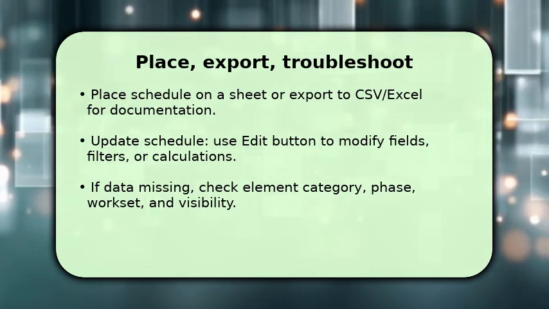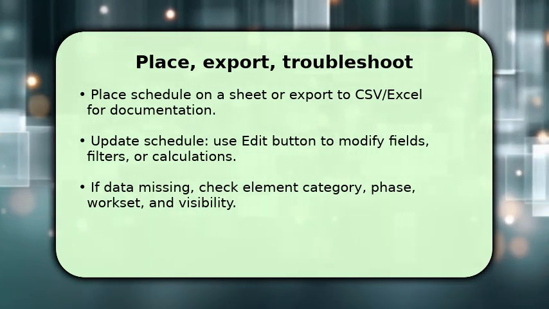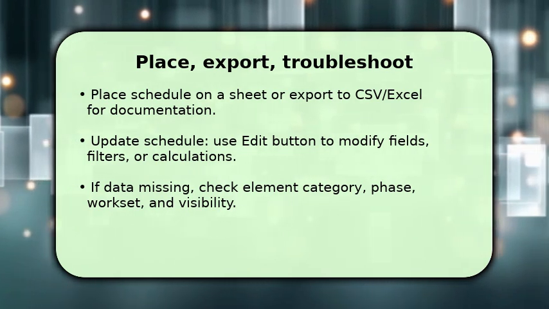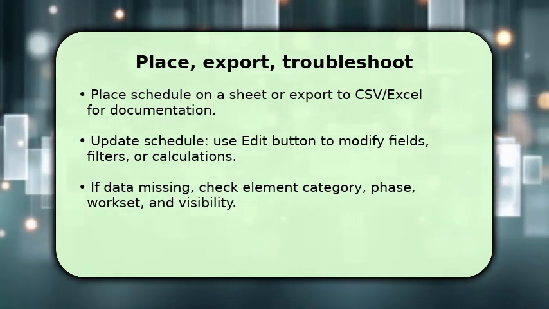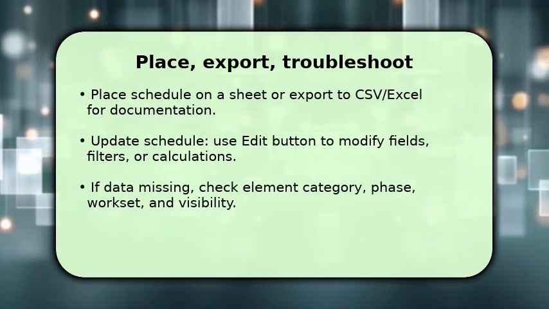One key troubleshooting tip: if items are missing, immediately check category, model phase, workset, and visibility/graphic overrides. Incorrect settings in any of